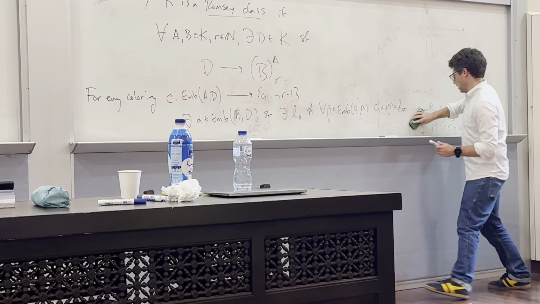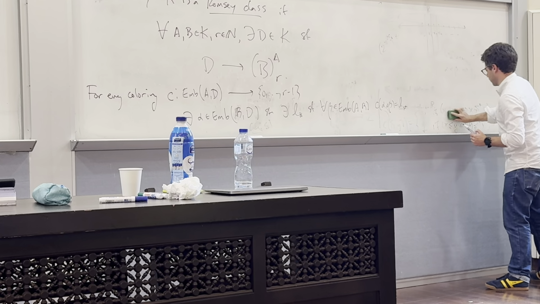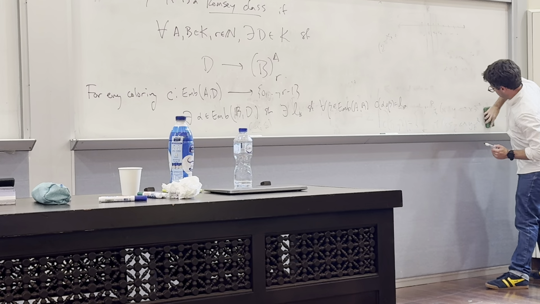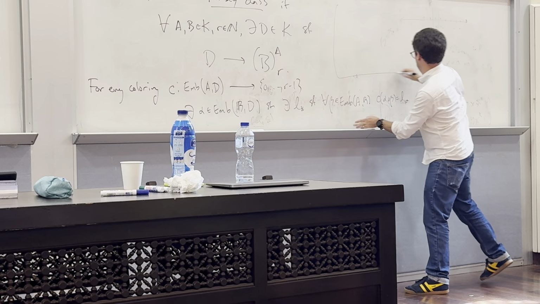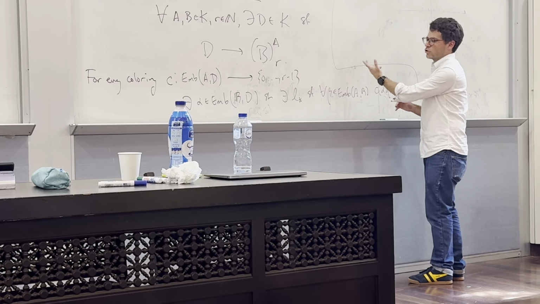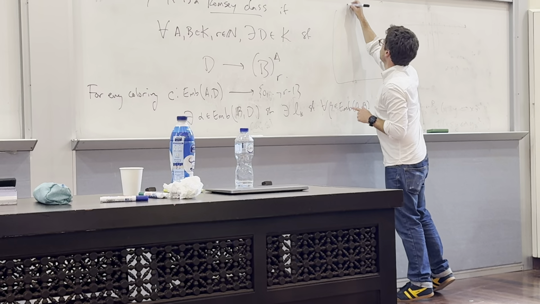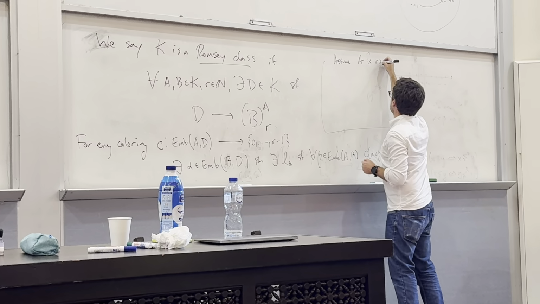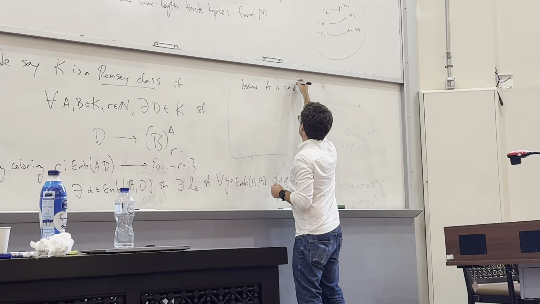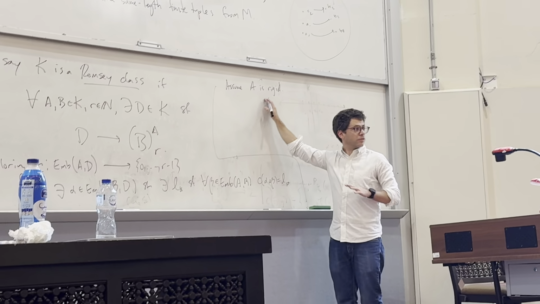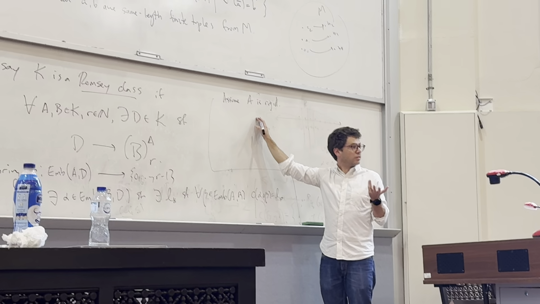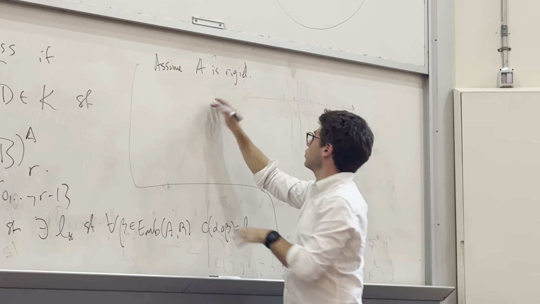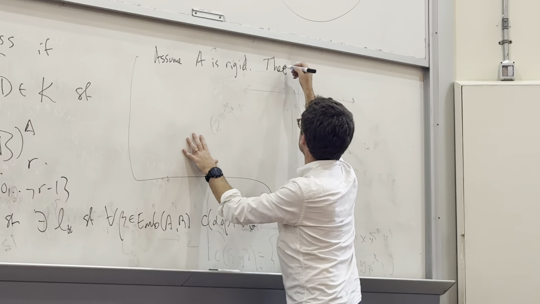Now this is miserable. Ramsey's theorem was hard enough, and now things are much harder. So I want to also give an equivalent version, and then we're going to try to make this intuitive. So assume A is rigid for a moment, so it has no automorphisms. Then embeddings are the same thing as copies, it's this substructure. So then this is equivalent to: